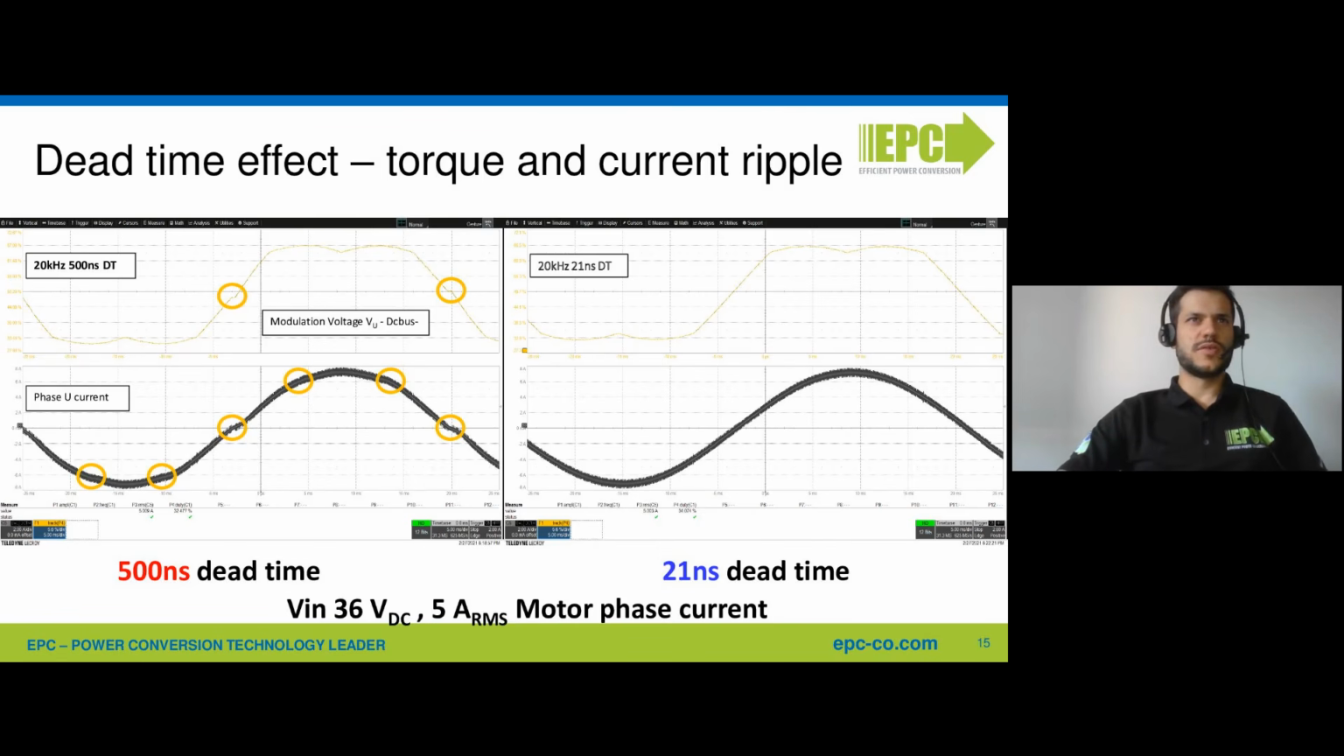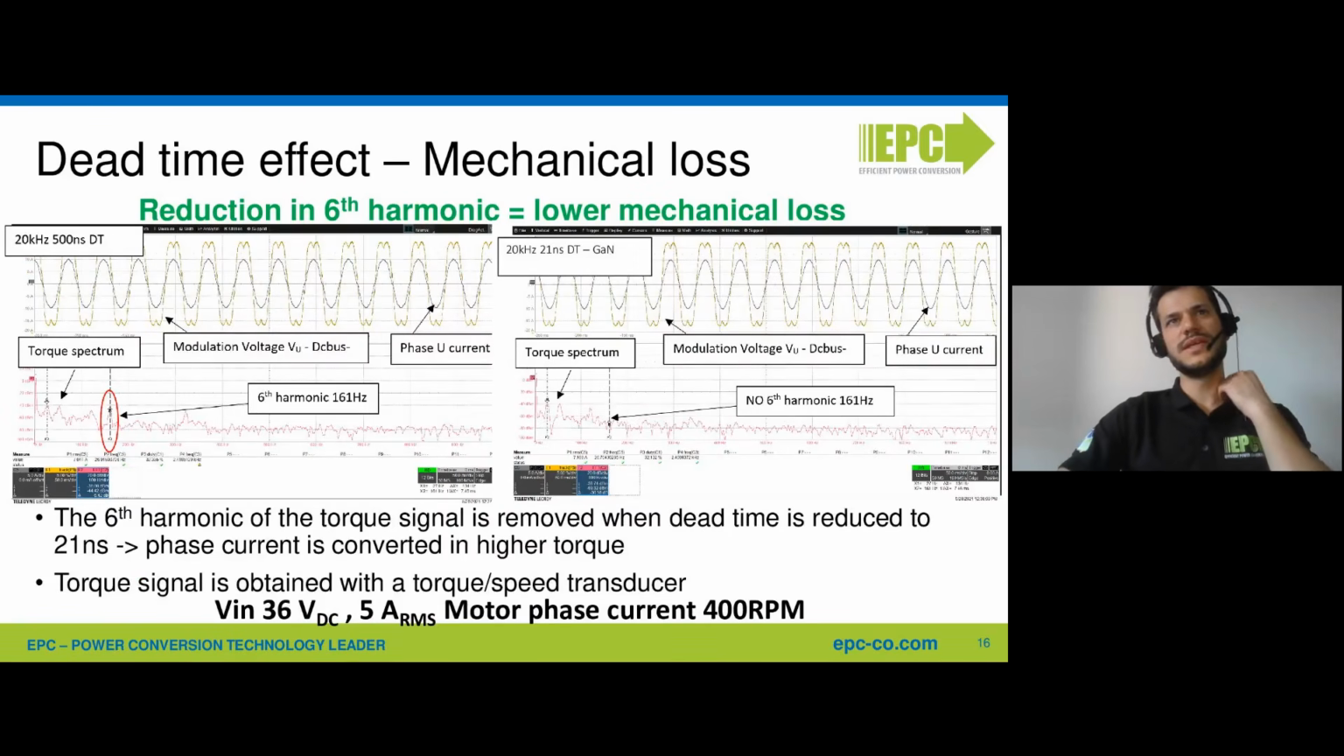And these discontinuities, which can be seen even in this graph, I don't know if it's high quality enough, I hope it is, kind of disappear when the dead time is reduced to, in this case, 21 nanoseconds, which is something that a gallium nitride inverter can easily handle. And so if you do a spectrum analysis of these modulations, you will see clearly that this high dead time is